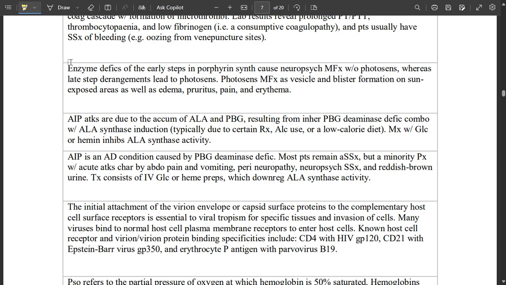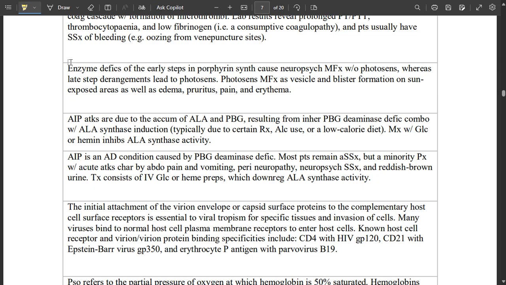Enzyme deficiencies of the early steps in porphyrin synthesis cause neuropsychiatric manifestations without photosensitivity, whereas late step derangements lead to photosensitivity. So in porphyrin synthesis, if there is a defect or deficiency of enzymes early in the steps of porphyrin synthesis, then it causes neuropsychiatric manifestations without photosensitivity, whereas late step derangements lead to